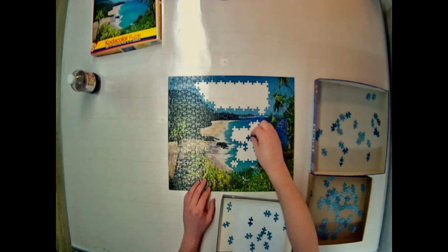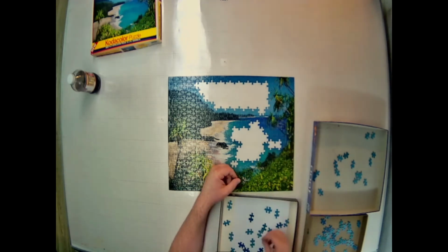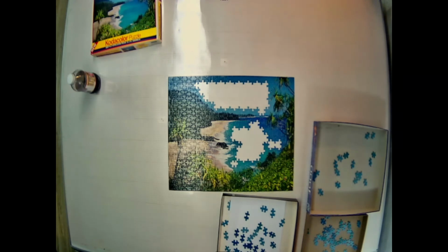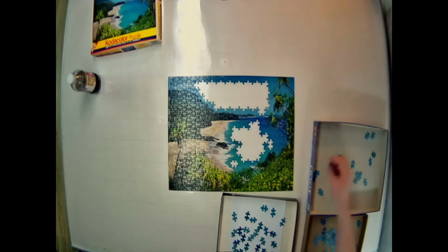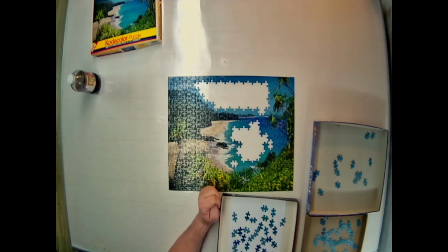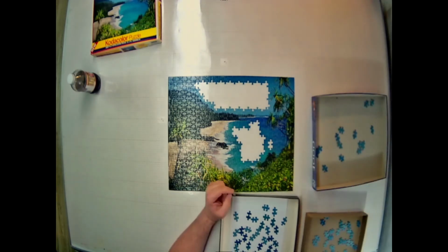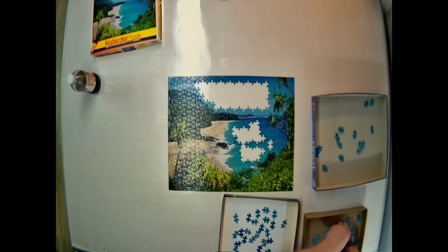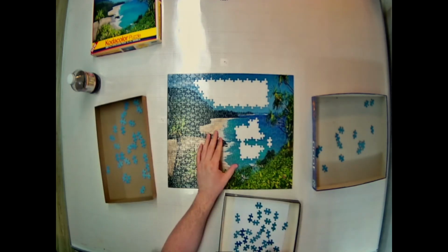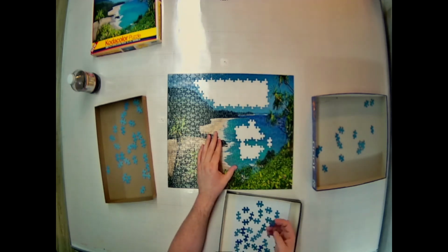As the puzzle continues here, we'll jump back to the subject of strategy. As you can see, the quadrants have been chipped away at. The working area with missing pieces gets smaller and smaller and smaller as I narrow in with the most extreme of the colors, and you kind of work your way inward. You work from light to dark, or you end up focusing on just the dark parts, and then you realize, oh well, I've gotten rid of enough of those that there are light parts that show up as a stark contrast, so work on those next,